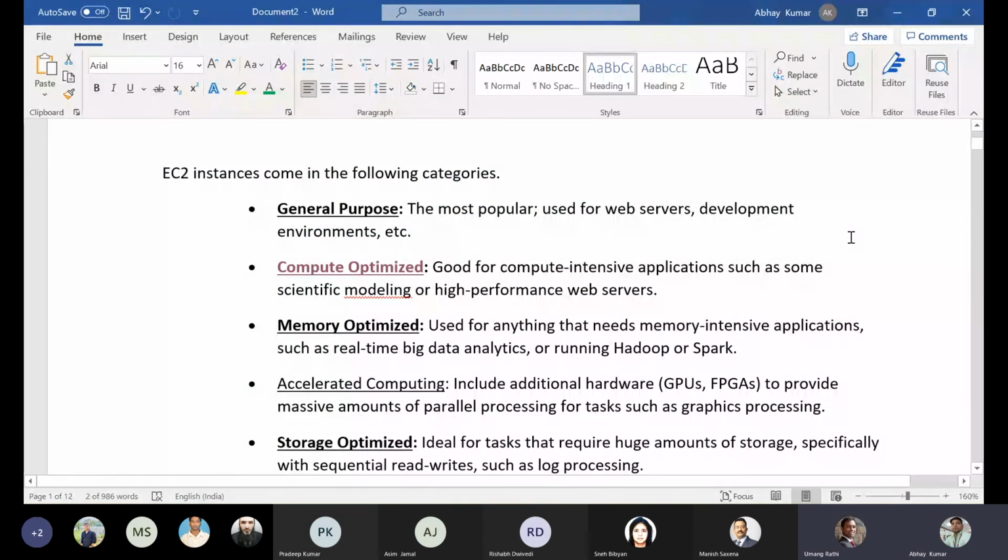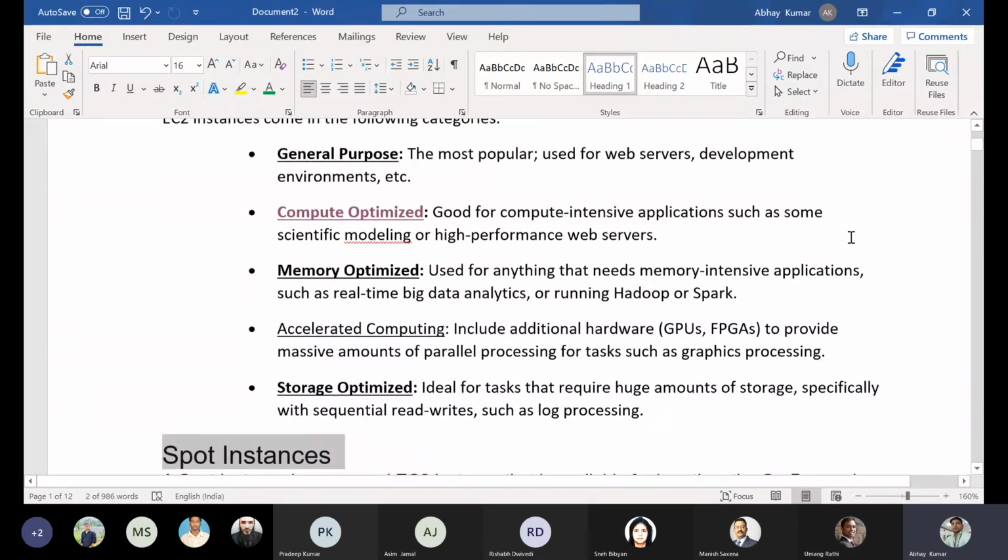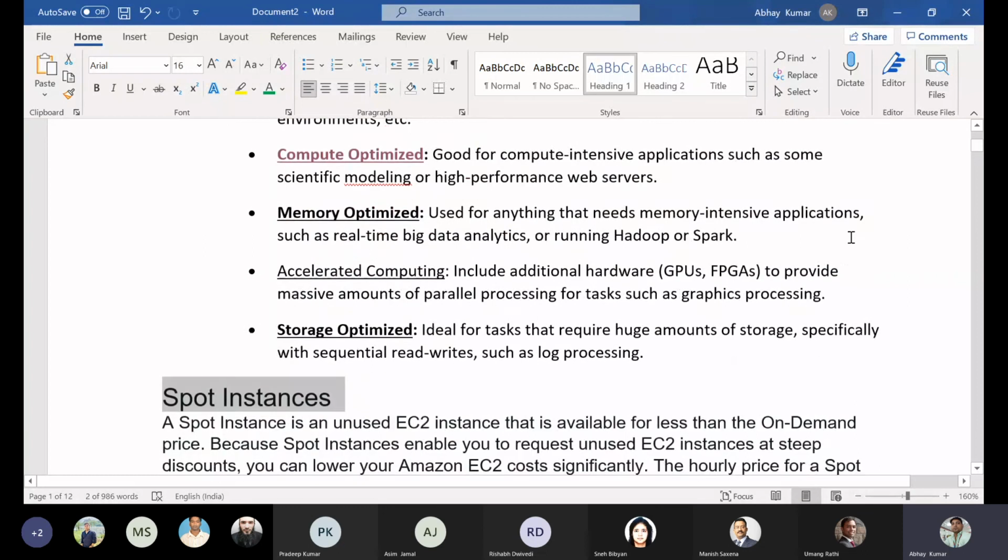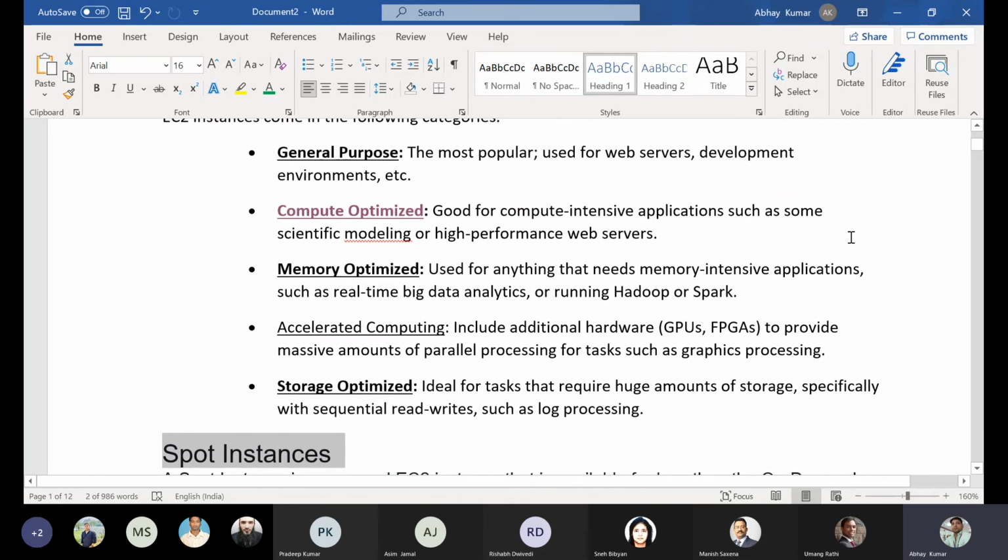Yeah, so here are the types of EC2 instance: general purpose, compute optimized, memory optimized, accelerated computing, storage optimized, and spot instance. I have explained all the instance types. So it depends upon your requirement, which one will suit your requirement, go and select.